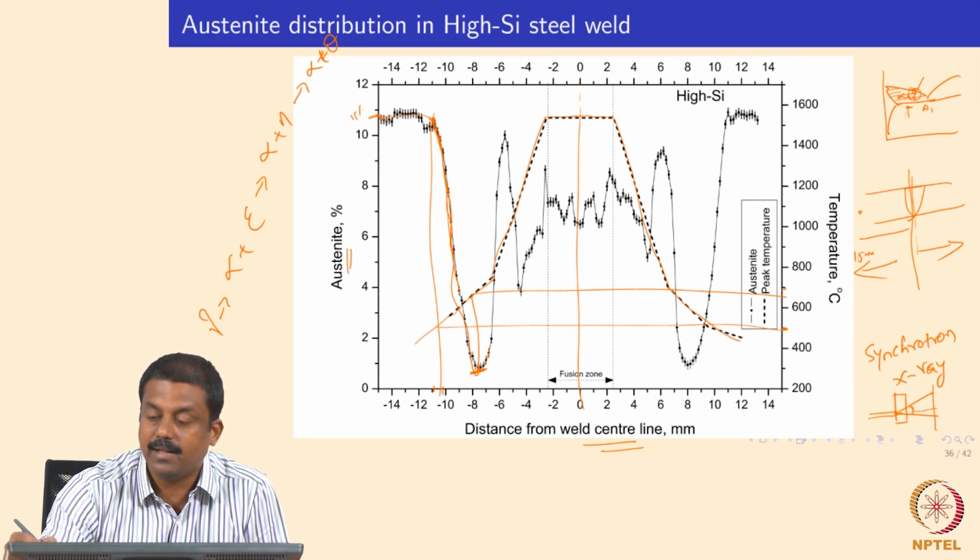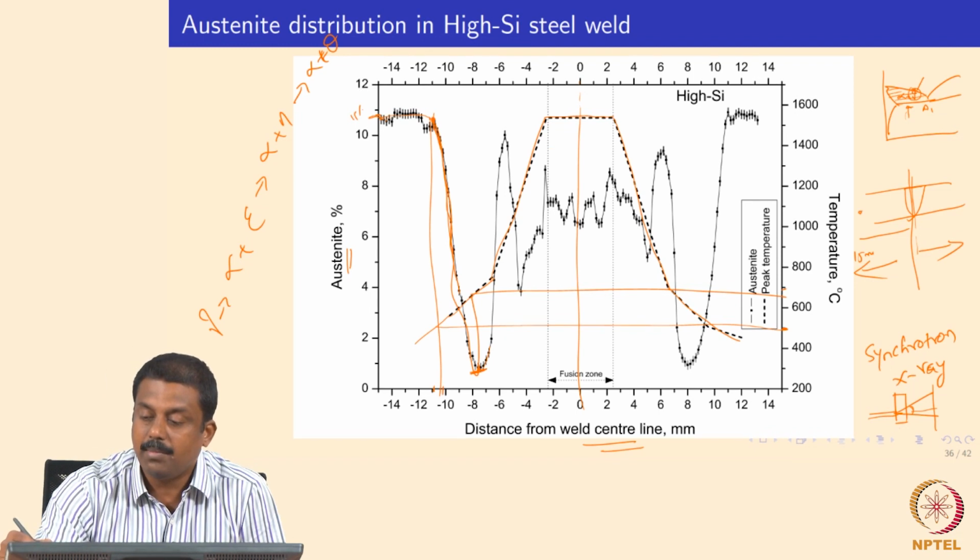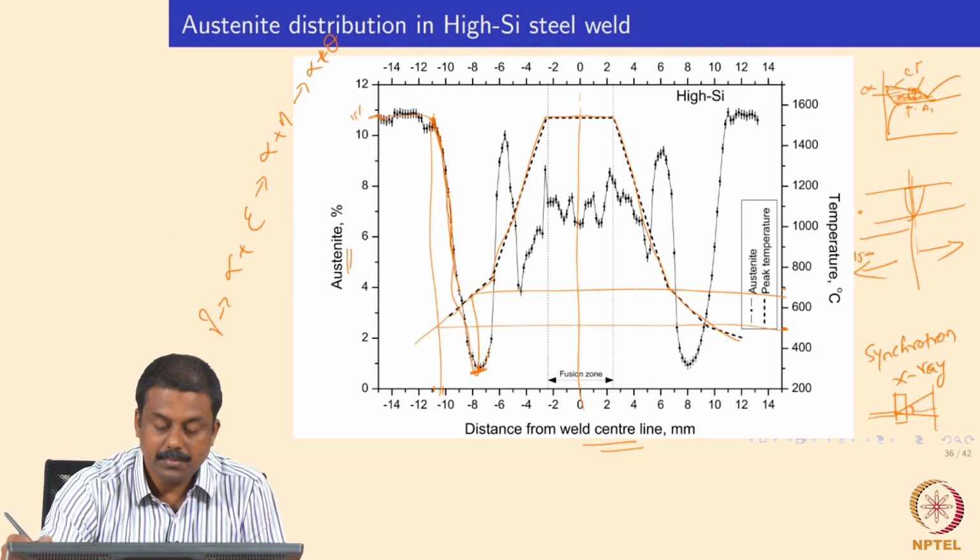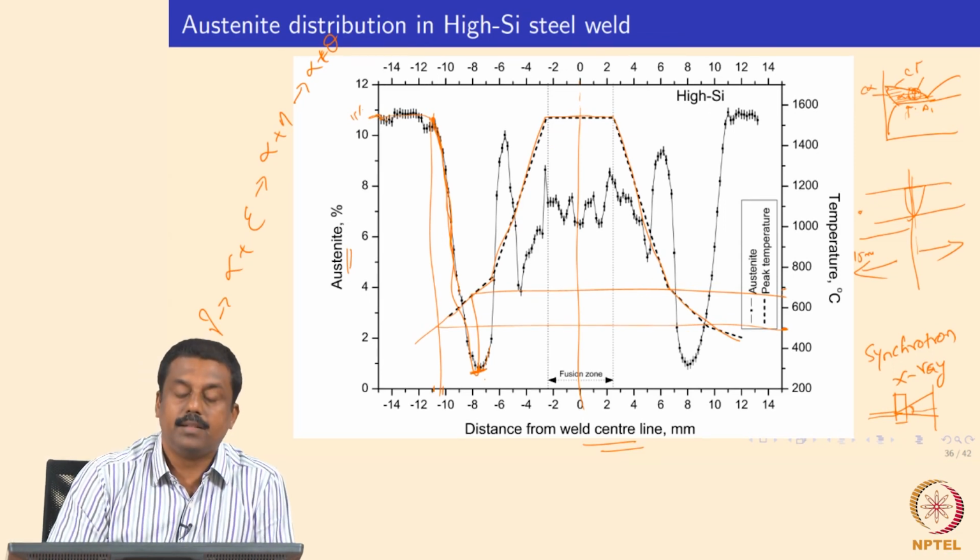As I already explained when I was explaining the TRIP steel heat treatment, the moment the temperature reaches the intercritical temperature, the austenite in the sample starts to get enriched in carbon because of the partitioning of carbon between the coexisting ferrite and austenite. This is the C alpha line and C gamma line, right. So the moment your temperature goes to the intercritical temperature, your austenite starts to get enriched in carbon. That means the stability of austenite increases. Subsequently, when you cool back to room temperature, this retained austenite can be stable.